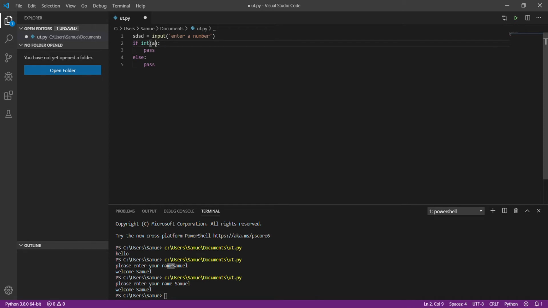The variable here equals 1. Okay, pass here. Pass does nothing. You can try the pass command, but it's actually useless. I mean, it's useful sometimes, but you don't usually use it alone. Print